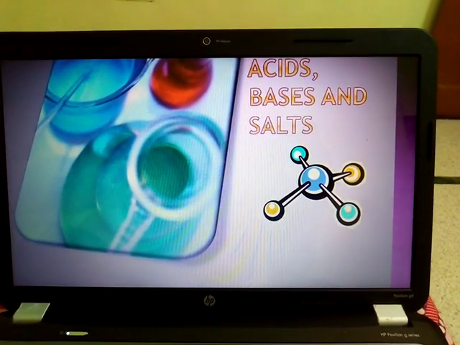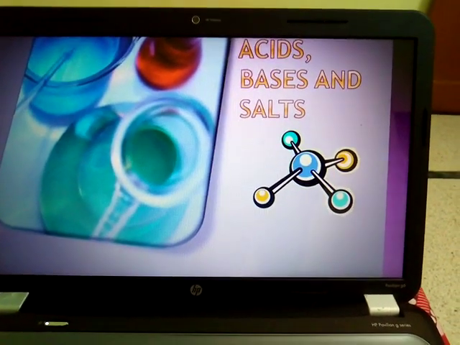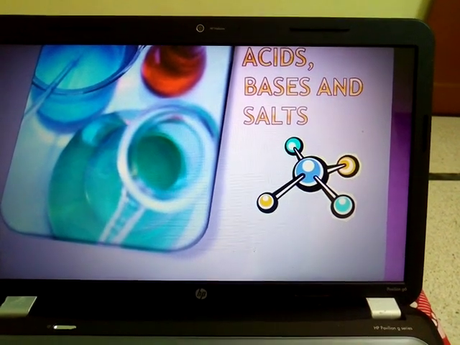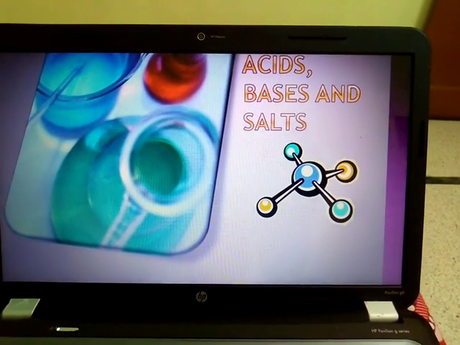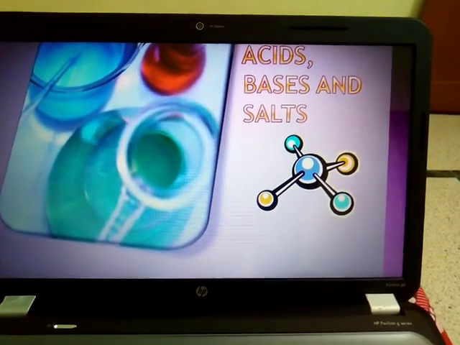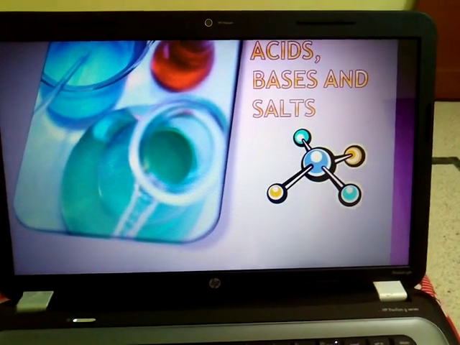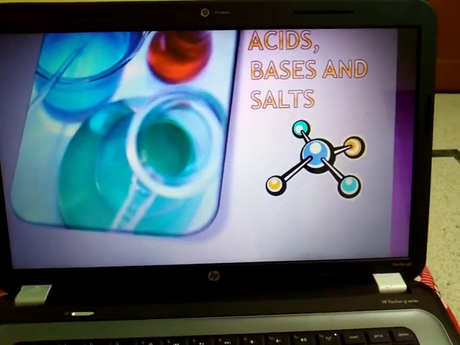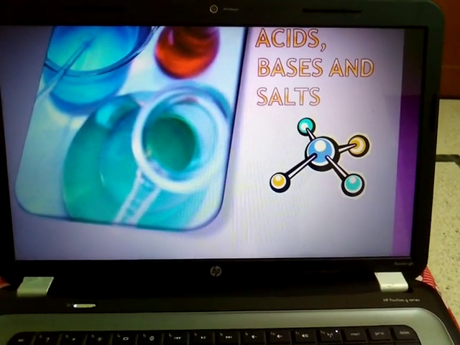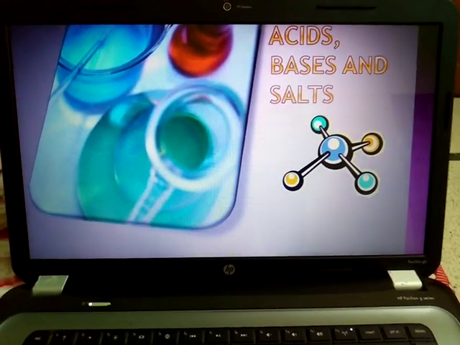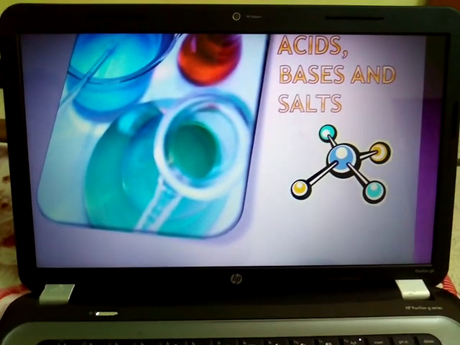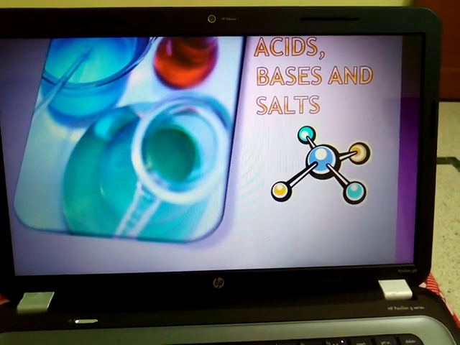Before going to acid, base and salts, we might have experienced in our daily life that among the acids we use is lemon, which contains citric acid. Some of the acids we use to clean our surfaces. Base, you might have heard in our daily life, and salts that we use in our kitchen, that is sodium chloride. So acid, base and salts are of immense importance in our daily life. Here today we are going to start acid, base and salts.